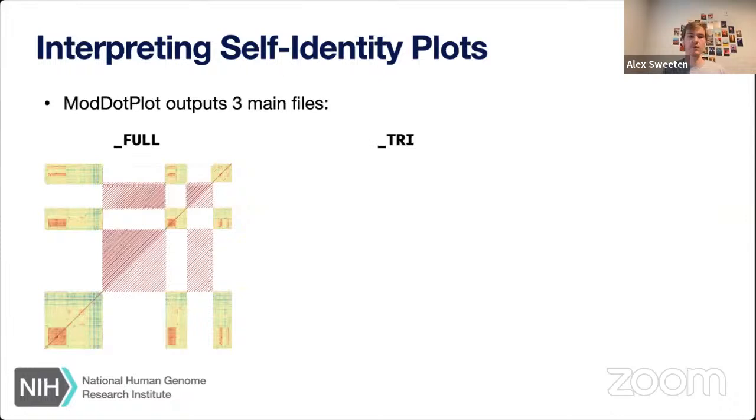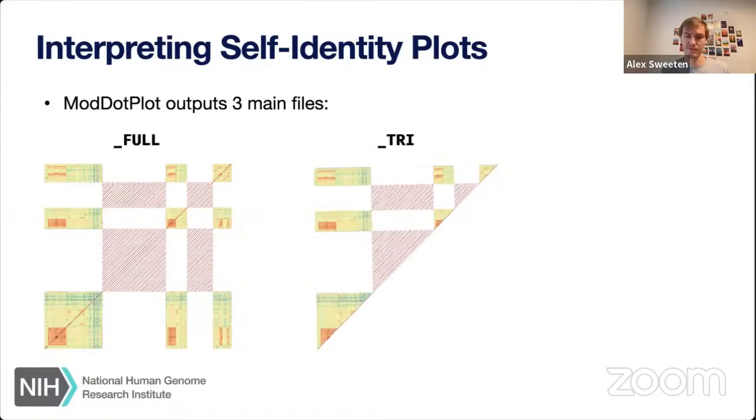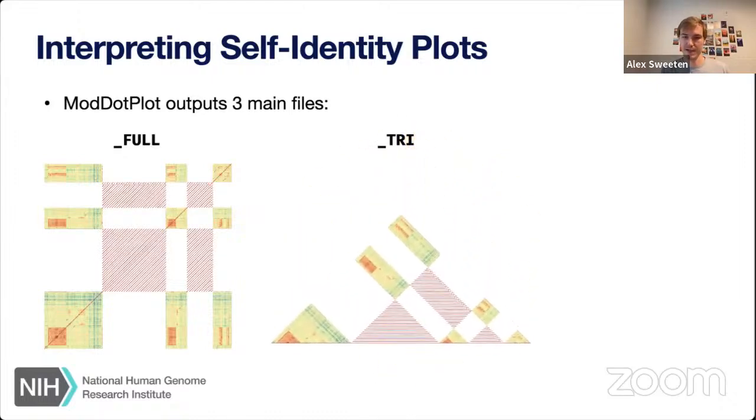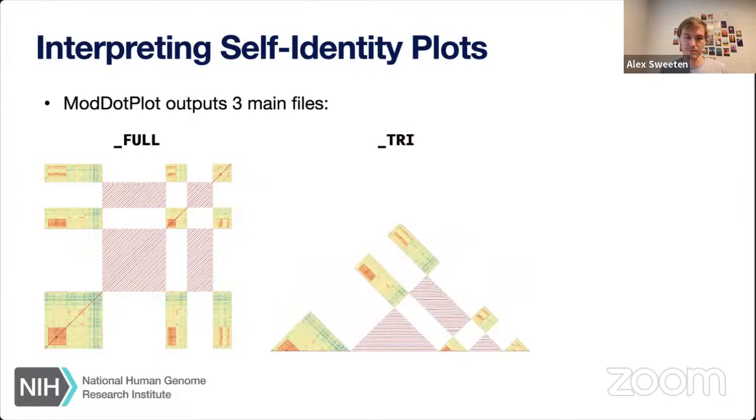If you notice with this matrix, you have the upper triangle and the lower triangle, and they both relay the same information. So you can just chop the top triangle off and use that as your information so that you're not dealing with any repetitive data. And it also looks cleaner for publications and whatever